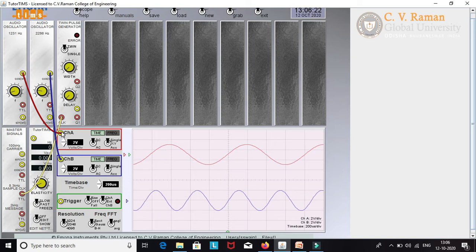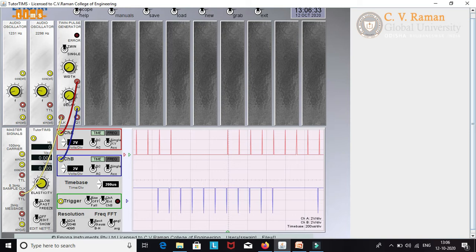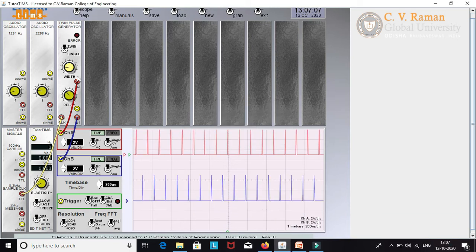Now I am disconnecting message 1 and message 2. I am connecting the Q2 train of pulses to channel A and the Q1 train of pulses to channel B. Here I can provide the delay by using the delay switch. There will be a delay between the two pulses. Now if you see here, this is the delay. I can change the delay here. That will be the delay between the two trains of pulses. Again, if I vary it, the width of the train of pulses will also change. So as per the requirement, you have to set the width and delay. Clear? So now I have two message signals and two trains of pulses.